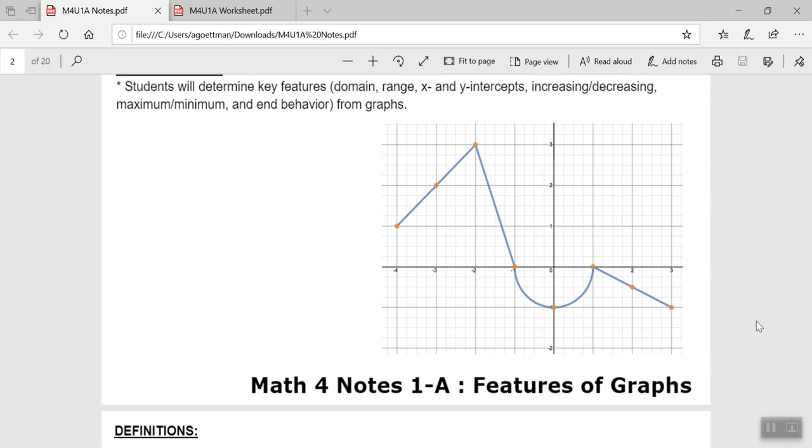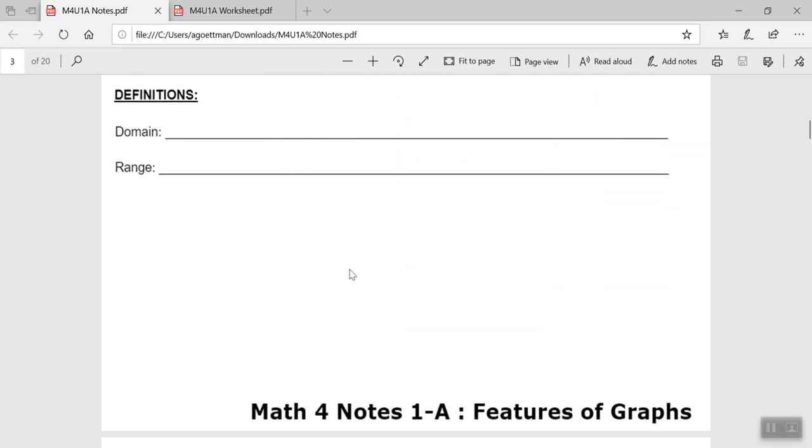One of the things that we'll be looking at is kind of a review for Math 3. We'll be looking at the key features of these graphs like domain, range, X and Y intercepts, increase, decrease, max, min, and behavior, all that good stuff for Math 3. We're going to review that. We're going to start with some definitions, which, some of this is going to be old school, but, hey,